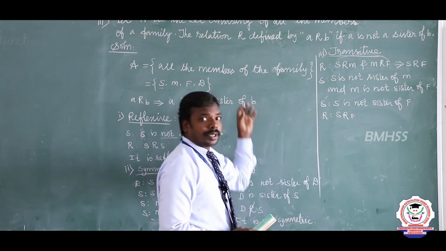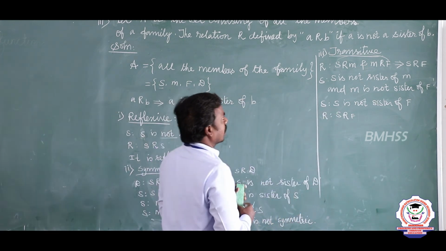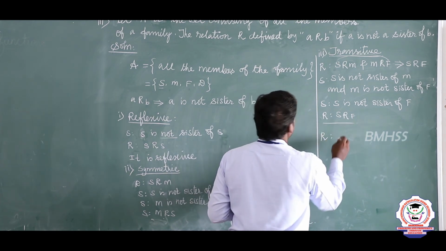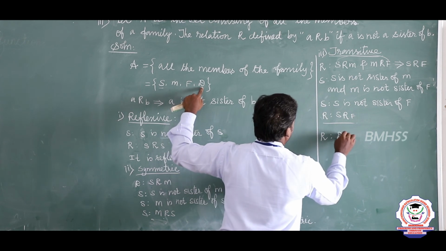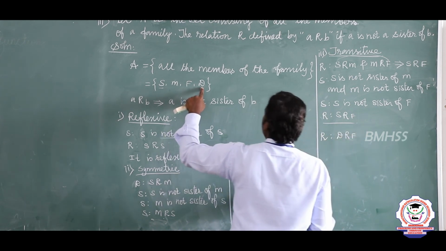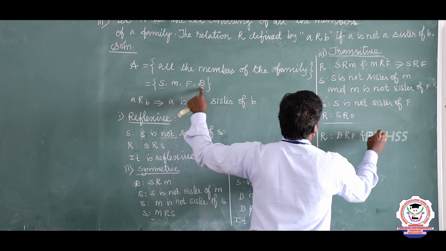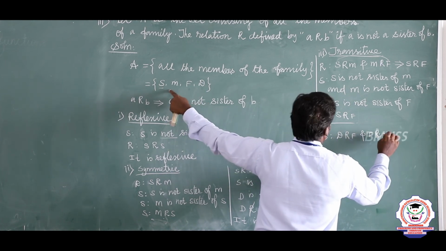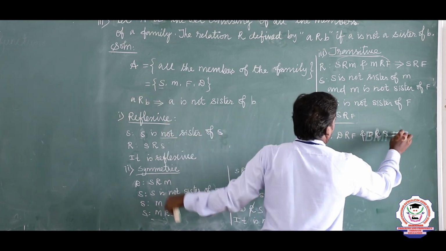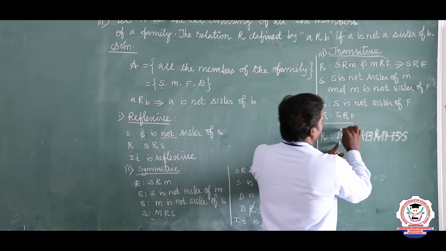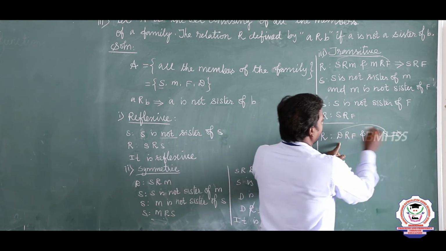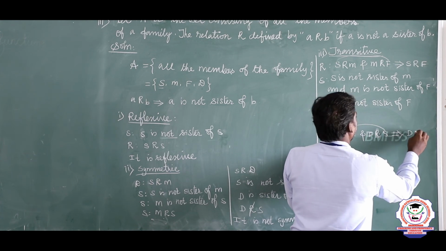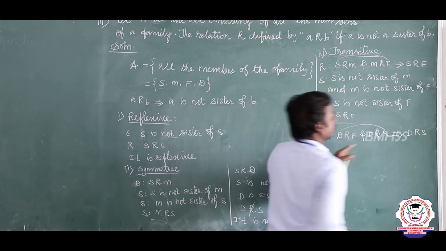We need to check all the members, each other. Now I am going to take another relation from this, the relation R. From the reverse, first daughter is related to father, and father is related to son. Finally, we need to check whether it is a relation or not. So D is related to S. D is related to S. This is the final condition.